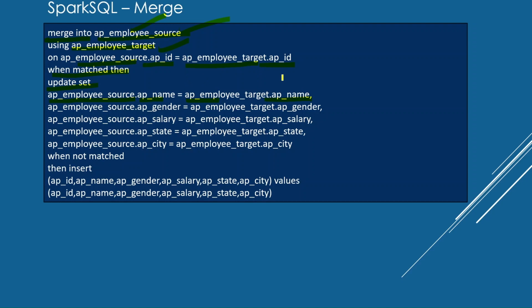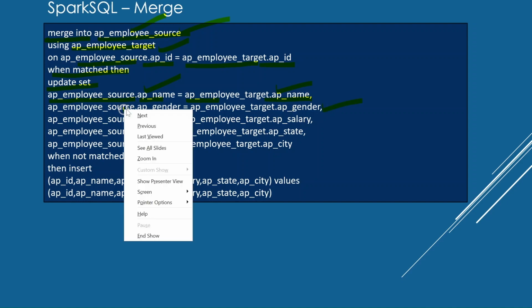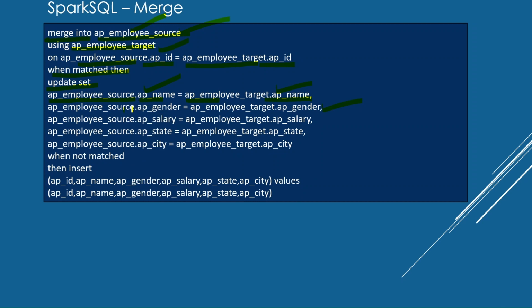So what it will do is, all the AP names which are present in the target will be updated in the source table. AP gender which is present in the AP target will be updated, sorry, in the source table. Same for salary, same for AP state, same for AP city.